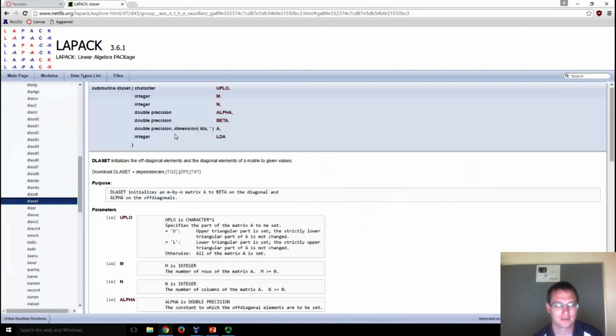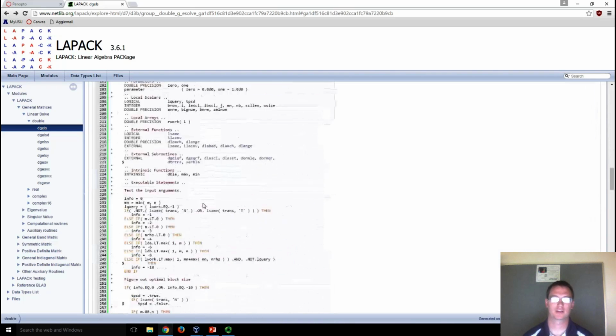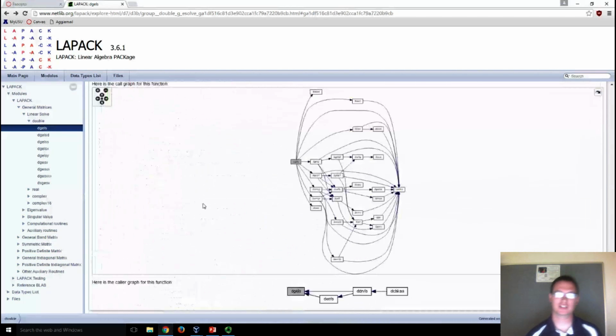DLASET: here we jumped to the documentation of DLASET. It says it initializes off-diagonal elements and diagonal elements of a matrix. It doesn't necessarily have to all go back to one. The arrow is just if it supplies something to it, if it inputs something to it. Exactly. So this function calls, for instance, DLABAD up here, and it does something for